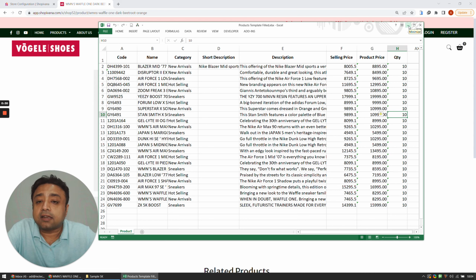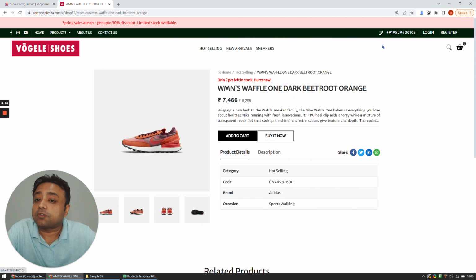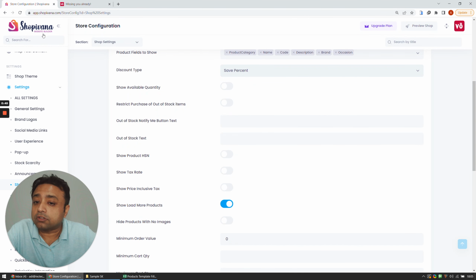We've already done that, and in order to really understand how it is done, you can go into the inventory management video, or you can go into the product upload video so that you'll be able to see how to upload this sheet. We are not touching on that today, but what we are now going to do is go into store